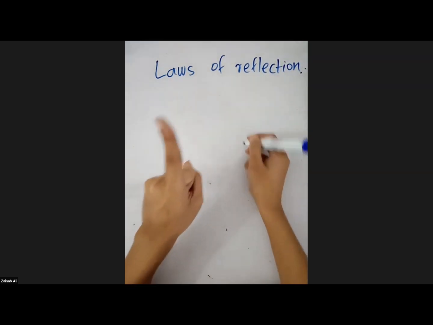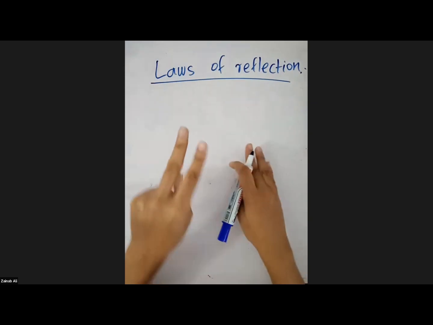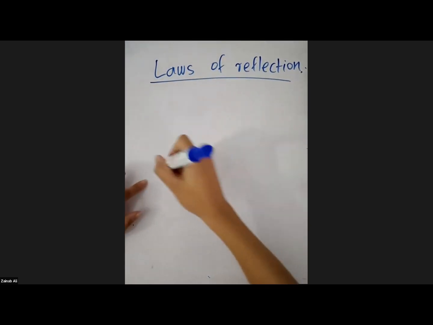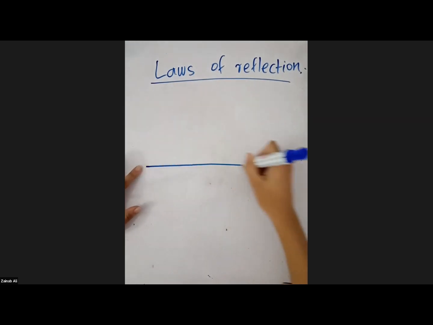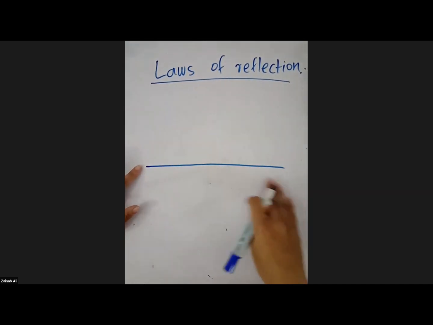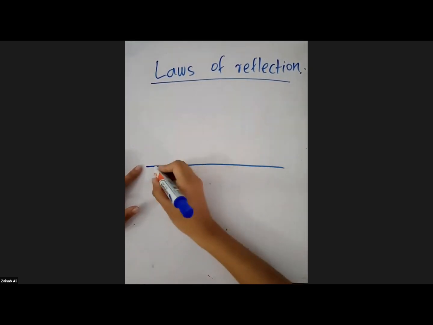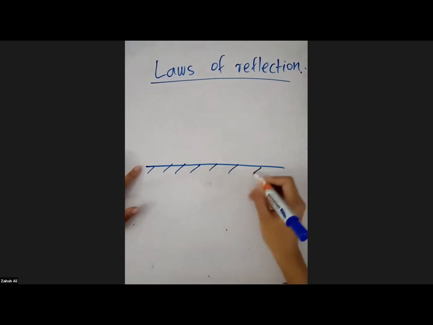The first law is, remember, it should be a plane surface. It should be a plane mirror or a plane smooth surface. So the first law is